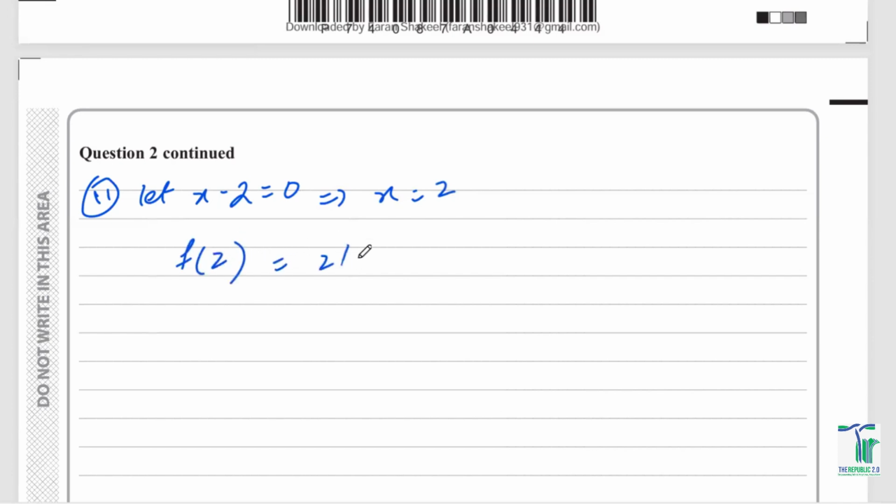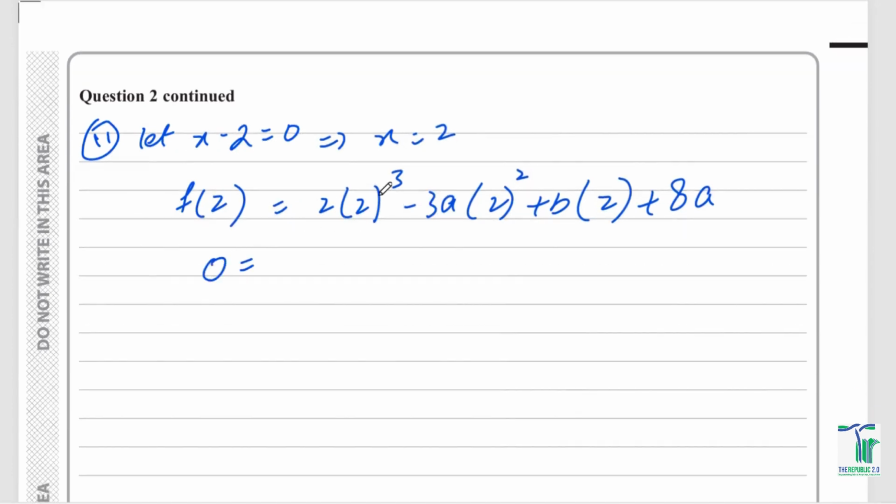something like 2 times 2 cube minus 3a times 2 square plus b times 2 plus 8a, right? I've just plugged x equals 2 into the function given. This is going to be 0. 2 cube is 8. 8 times 2 has to be 16. 2 square is 4. 4 times 3 has to be negative 12a. 2 times b has to be 2b, and then 8a. So I'll be left with 0 is equal to 16 minus 12a plus 8a, which is minus 4a